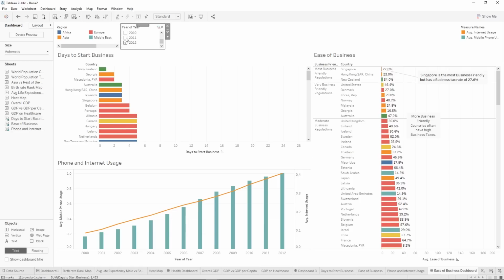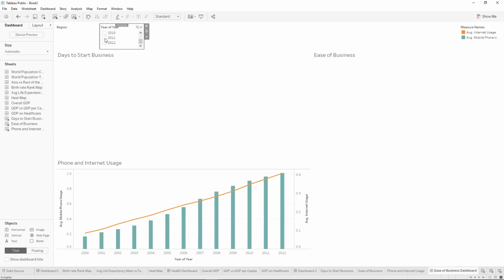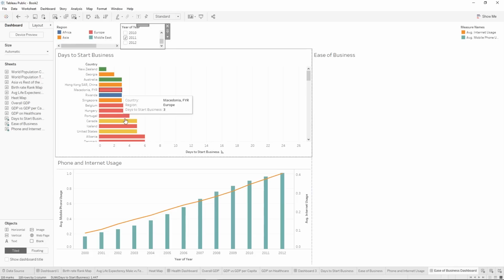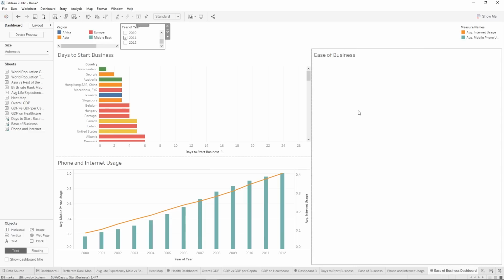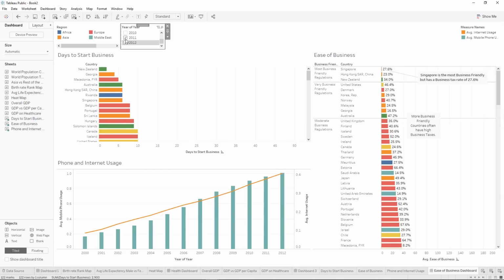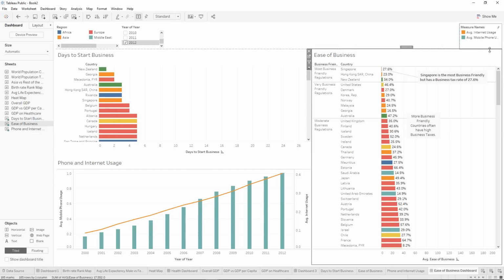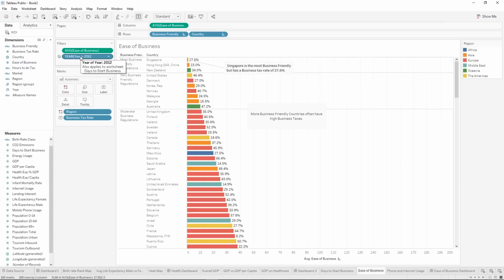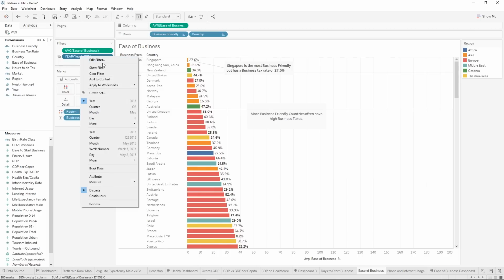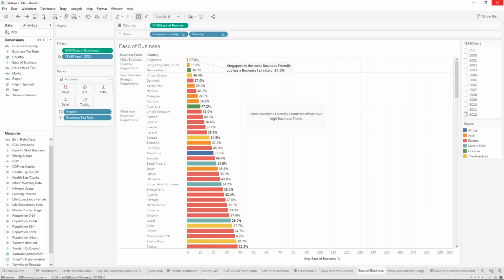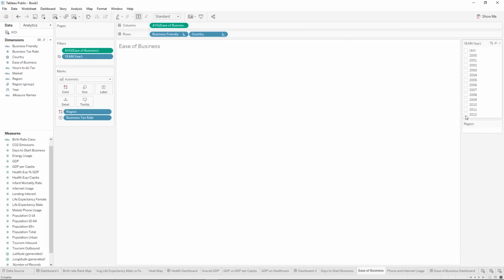And it's selected 2012, and if we select 2011, it's only changing this one. It's filtering out all the information for this visualization and changing this one to 2011. So let's see why that's happening. If we go to this visualization and click the Go to Sheet, we can see year of 2012 is here. Let's click Show Filter. And if we change the filter to 2011, okay, it's not showing up here, and the